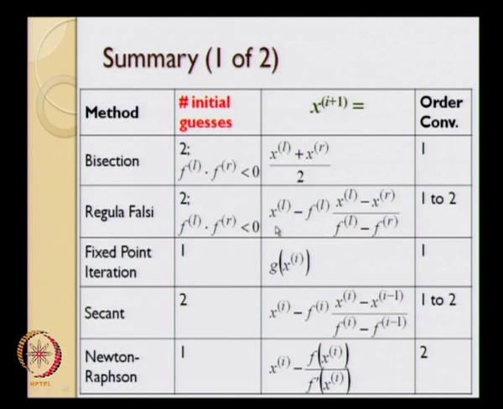The only difference in reguli falsi is we retain the solutions such that one solution is to the left hand side of the true solution, and the other solution is to the right hand side of the true solution, whereas in secant method we only keep the ith solution and the i minus 1 solution, only the latest 2 solutions. Okay. In the fixed point iteration we use xi plus 1 equal to g of xi, and in Newton-Raphson's method xi plus 1 is xi minus f divided by f dash computed at xi.